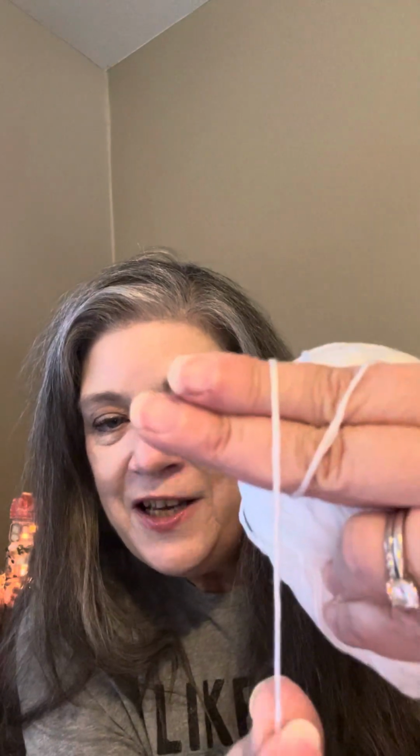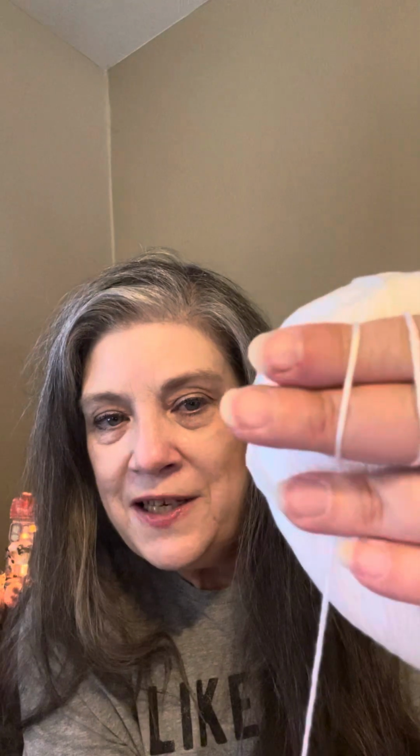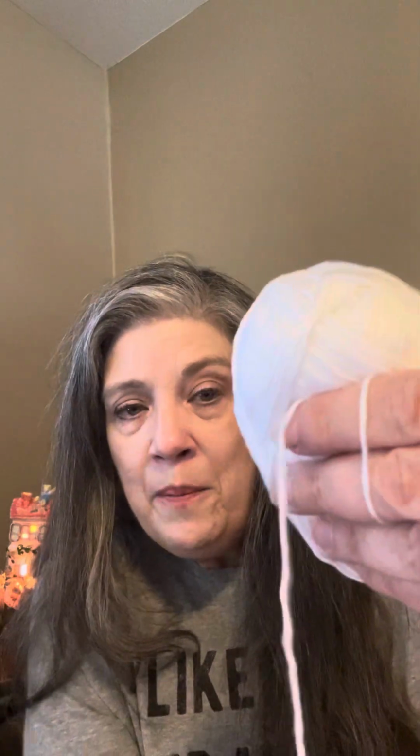I needed some white yarn and I ordered this, and I'll have to say that it is really, really thin. If you look here, it's just a little bit thicker than sock yarn, but not quite a sport weight yarn either. When I use this, which I will, it's very soft. That's one thing I'll say about it, but I'm going to have to double it to be able to use it,